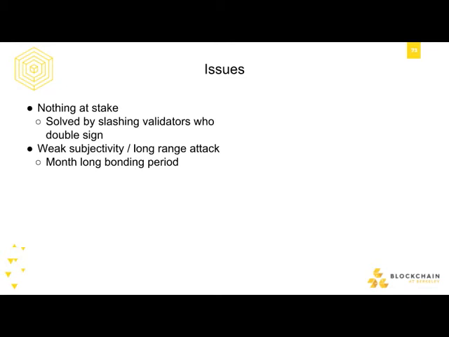So there's a bonding period of a month. If you are a validator, you can't get your tokens out for a month, which means that anyone who is joining the network or has been on the network, if they connect to the network at least once within a month, then they will be up to date on who all the bonded validators are, and they won't be at risk of an attack, what they call a long-range attack.